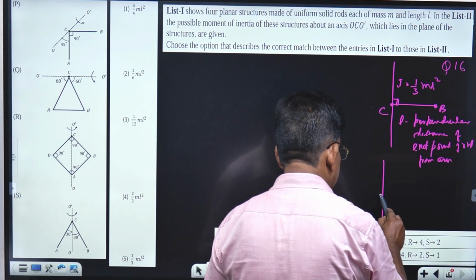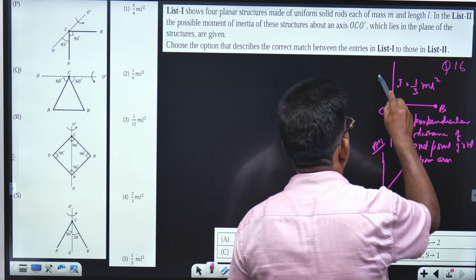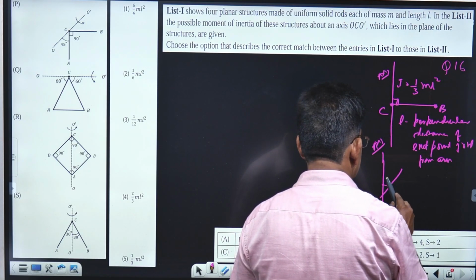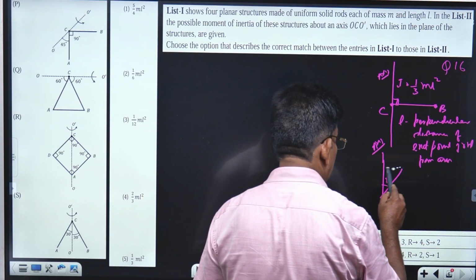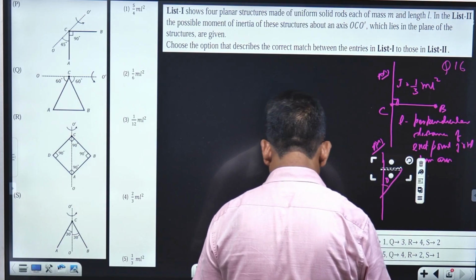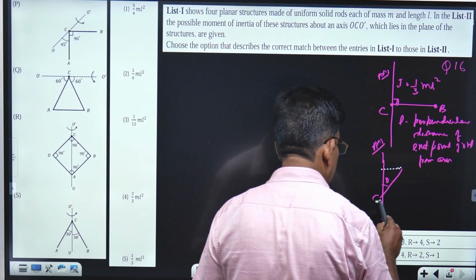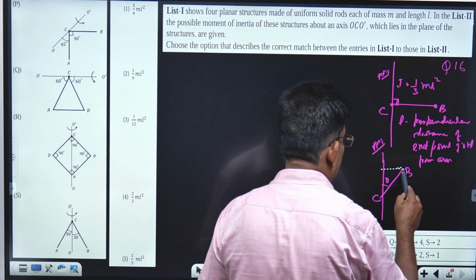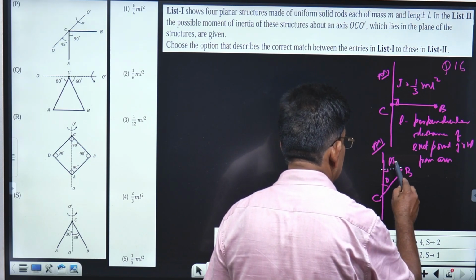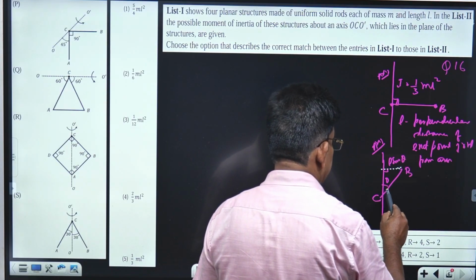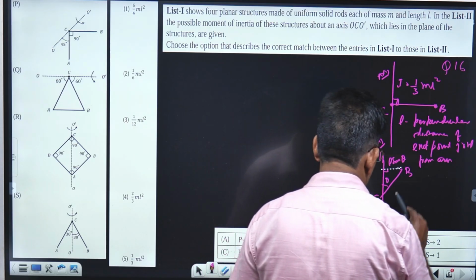Now, the rod is like this. This is the axis, and this is theta. So, this will be the perpendicular distance. This is the length of the rod. This is our point C. This is our point B. We have taken BS, and this is the perpendicular distance of the point from the axis. This is coming to be L sine theta, because sine theta is equal to opposite side by adjacent side. We want the opposite side, which is L sine theta. L is the length of the rod.